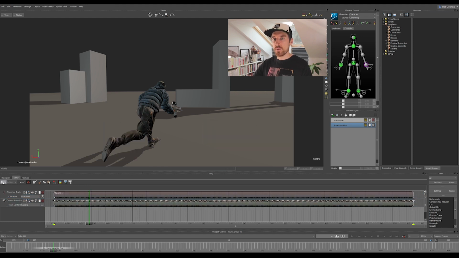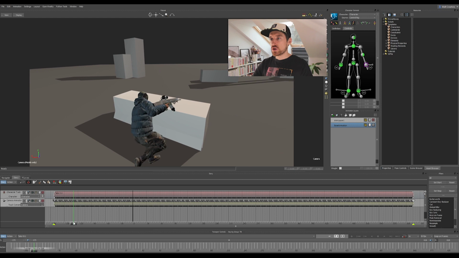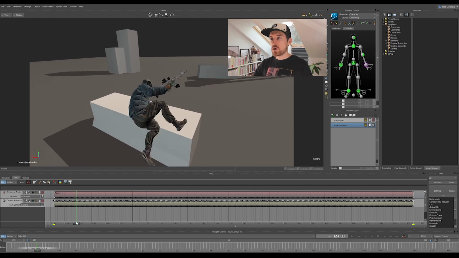Same thing for the camera. I have added the camera, that way I'm going to retime the camera as well, which I want, otherwise my camera will just follow the original speed and then we will lose our character. Now I'm going to find a moment where I want to start the slow-mo, which would be something around here. And now you have the razor tool over here, so if you click, having both of your clips selected, you will cut them at that current frame.